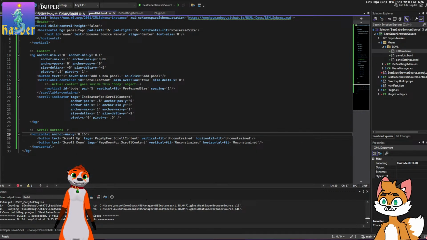You can just write a BSML file and it gets parsed out into a nice looking menu instead of you having to fiddle around and do a whole bunch more programming to do your menu all manually. There. Anyways,